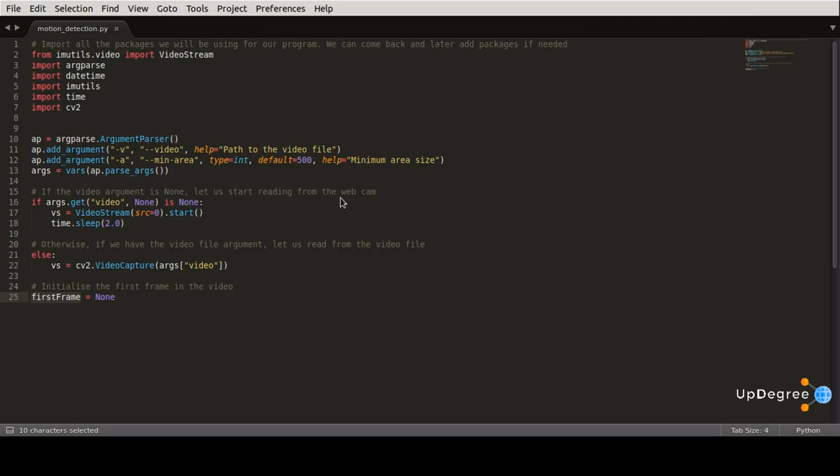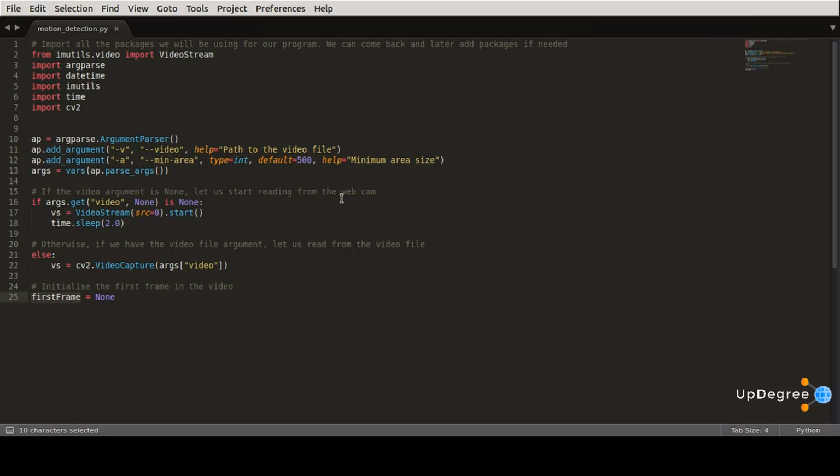So in this code, we have imported all the necessary packages. All of these should be pretty familiar, and we have already installed the imutils package. Next, we parse the command line arguments. We'll define two switches here. The first is --video, which is optional. It simply defines a path to the pre-recorded video file that we can detect motion in. If you do not supply a path to a video file, then OpenCV will utilize your webcam to detect motion.